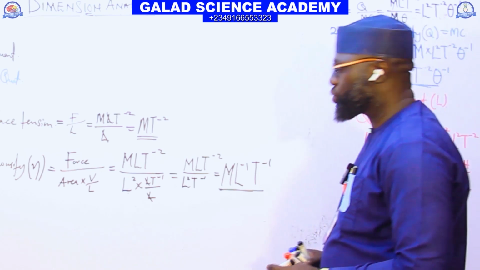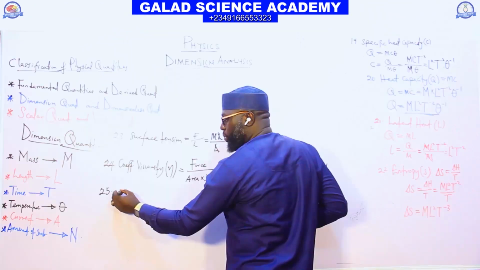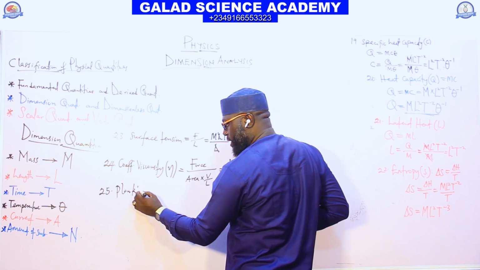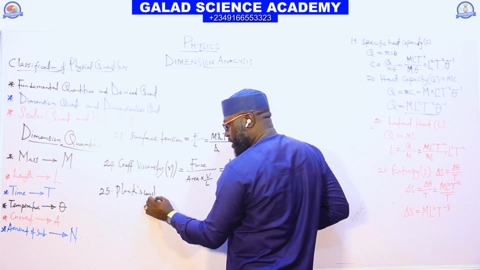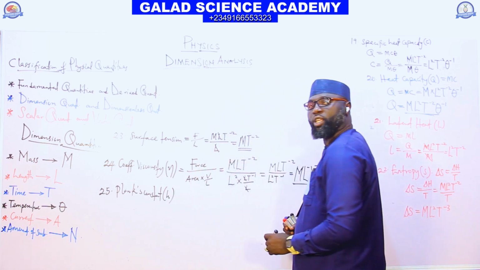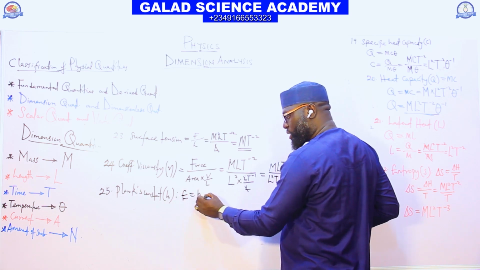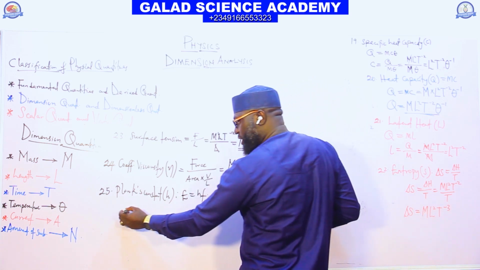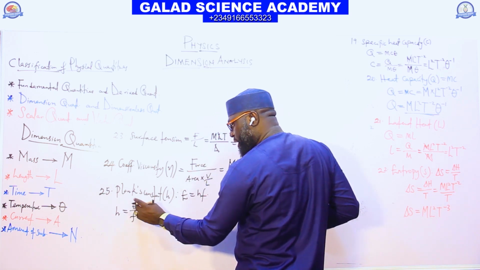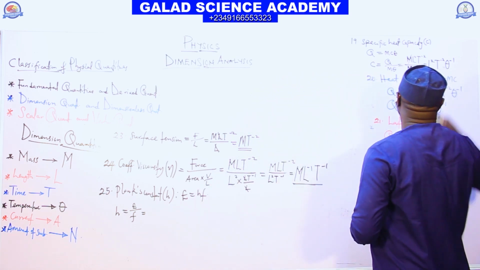The next one is 25: dimension for Planck constant, which is h. To know the dimension for Planck constant, from the formula E equals hf, h will be E over f. E is energy. What is the dimension for energy? It is M